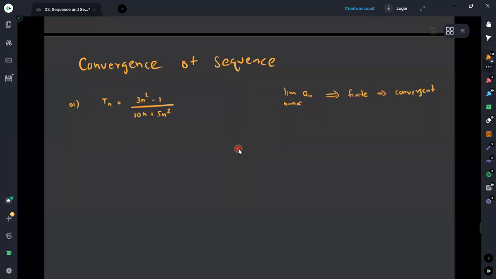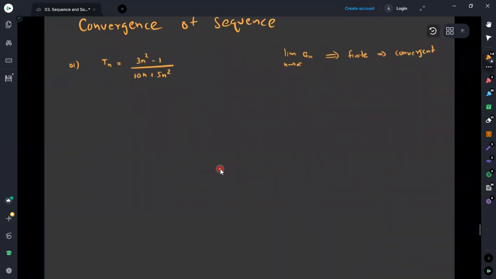Therefore, what we need to do now is find the value of Tn as n goes to infinity. Instead of the sequence an, now we have the sequence Tn. In a situation like this, since we have powers of n, we can divide all the terms of the entire equation by the highest power that we can see in this equation. The highest power is n squared. Therefore, I will divide all the terms by n squared.